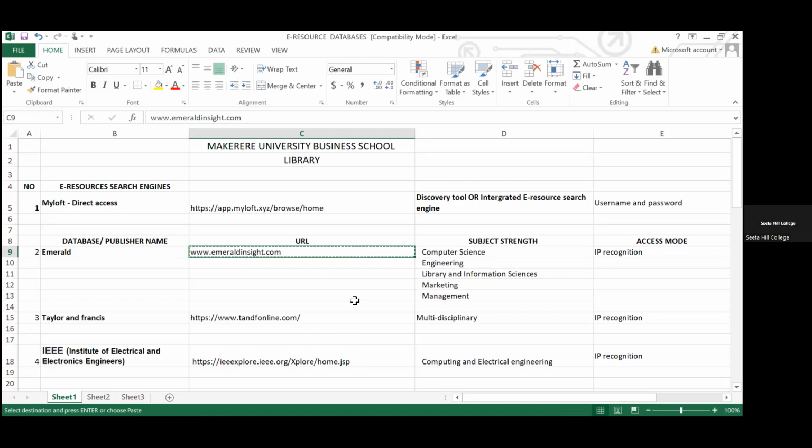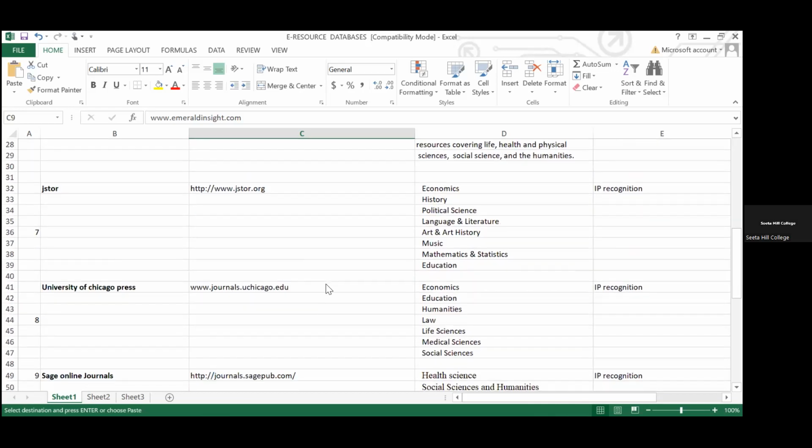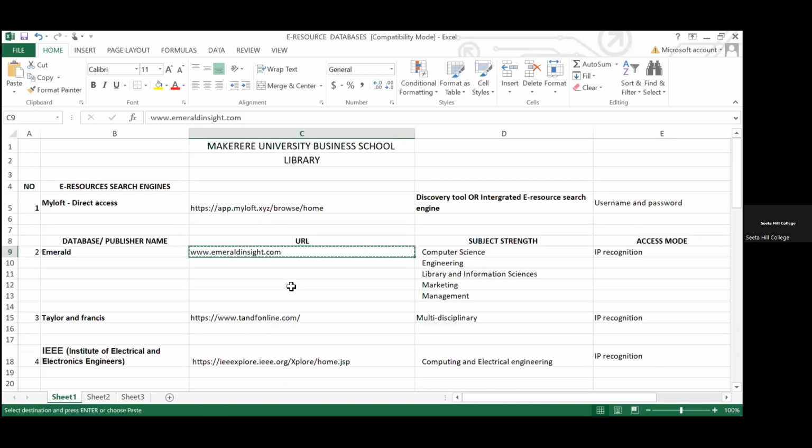because it's something old, that whenever you wanted to get an article, you had to move through all these 13. When you're looking for one article, I don't know whether my point is clear. What I'm trying to say is, previously, if you wanted an article, you had to go database per database looking for a given article. But now we have a system which helps us discover all the resources that we need, which are embedded within this system or published within these databases, and it brings them in one dialog box or within one interface. What I'm trying to mean is,